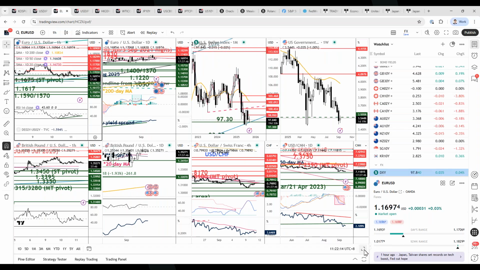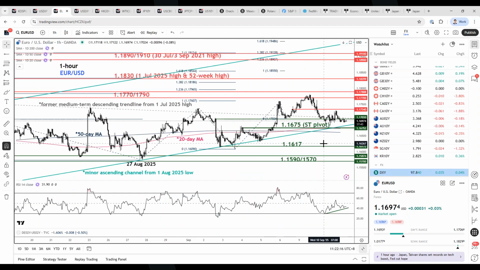The euro dollar will be a particularly interesting pair to watch out for today, given the fact that we will have an ECB monetary policy meeting later. So later I'll share the timing. It continues to do a kind of profit-taking, or I would say a consolidation price action behavior since the start of the week on Tuesday, after being unable to breach above the resistance level